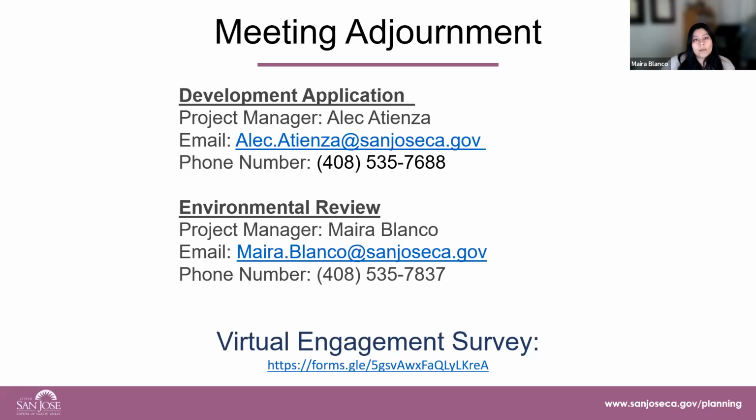So the policy removed the level of service analysis and replaced it with vehicle miles traveled, which is the new metric we're using to analyze impacts under CEQA. Vehicle miles traveled, or VMT, measures the amount and distance people drive by personal vehicle to a destination. The intersection study list is currently being reviewed by the Public Works traffic team. I did note some of the intersections that the public was concerned about. If you feel strongly about other intersections and feel that those should be studied, please include those as a comment